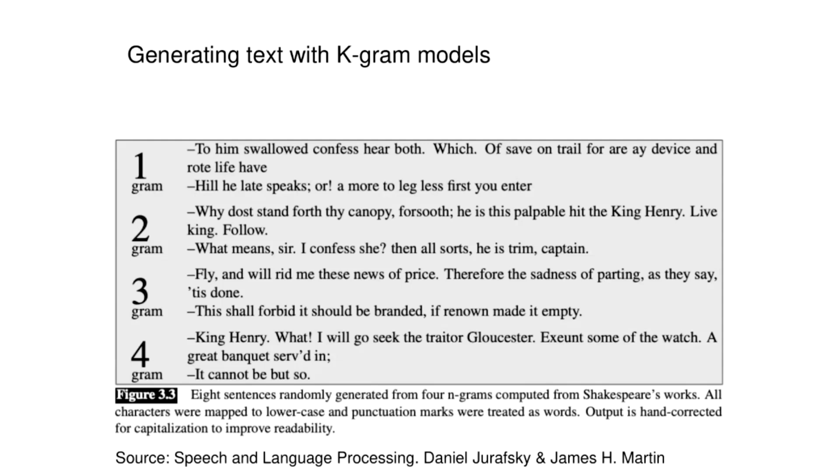For example, with unigrams, you just look at the term frequencies, and you toss a coin for every word, without looking at the past. And you get something like, "to him swallowed confess here, both which of save on trail for RA device and wrote life have, he late speaks, or a more to less first you enter." I didn't get anything of that, but again, that's a unigram model. There is no connection, there is no order. So of course, that